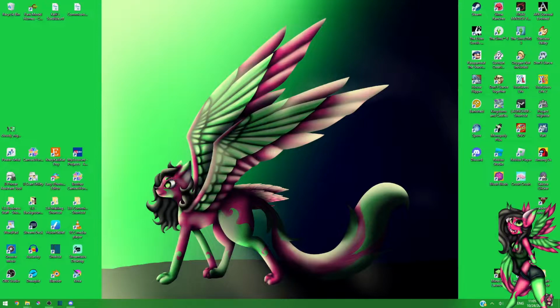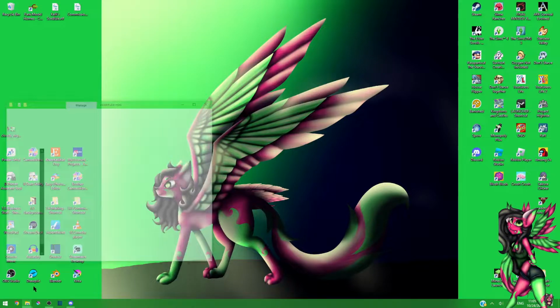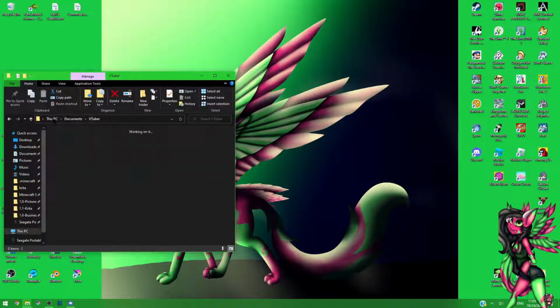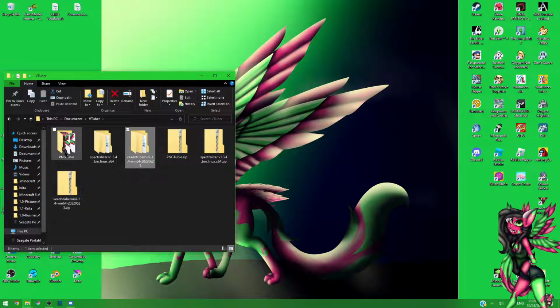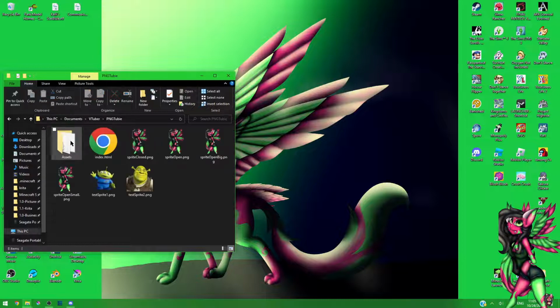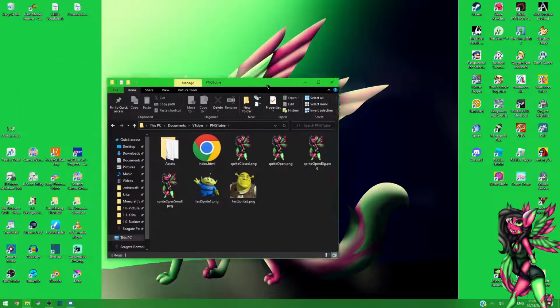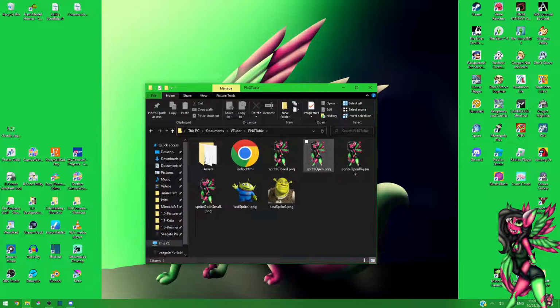You then go to your files, and then you just export it, and it turns into this little file. And then it came with other images, but I replaced them. So you just put the image you want, and you have to put the exact title, else it will not work. I don't know what these two are. It just came with it. And then you open this browser link,